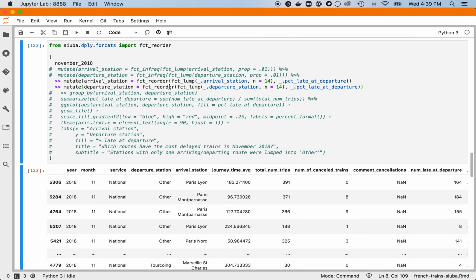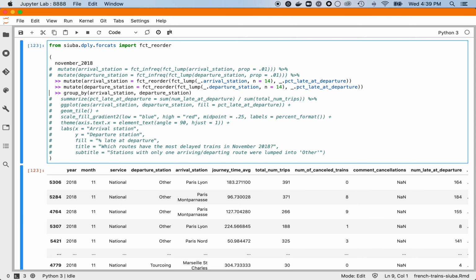Great. Let's see how this goes. So let's just keep moving. We're going to group by arrival station, departure station. The reason siuba uses this special syntax in group by is you can actually do other things. You could do like this. I mean, this doesn't make sense, like +1. You can actually have expressions in here. So kind of like combining a mutate with a group by. All right, so